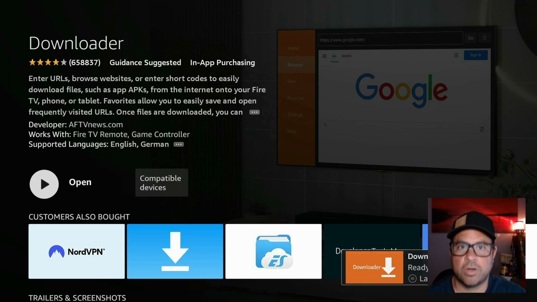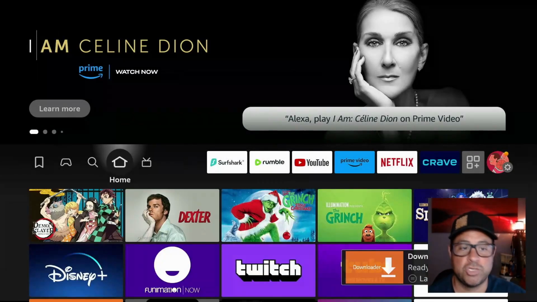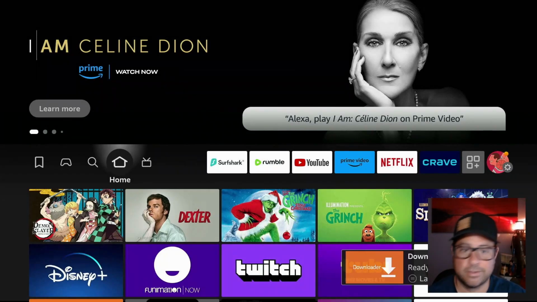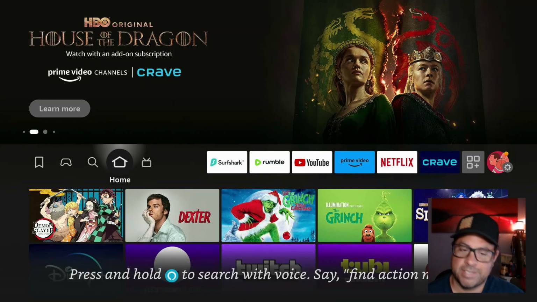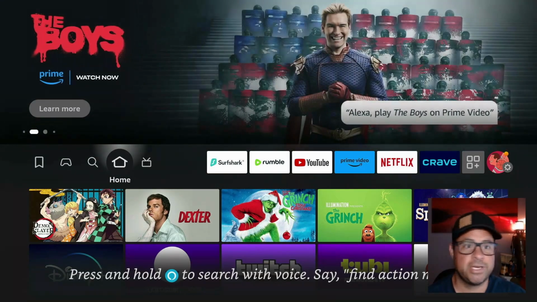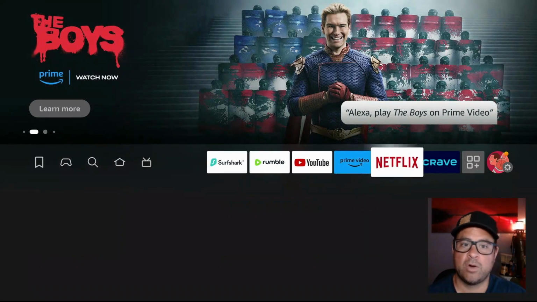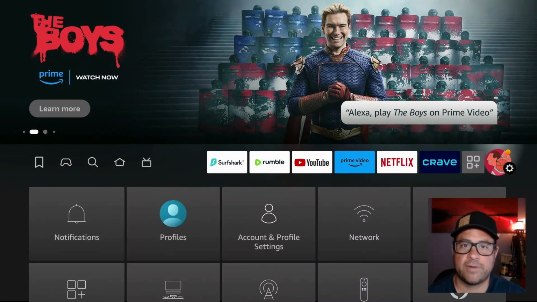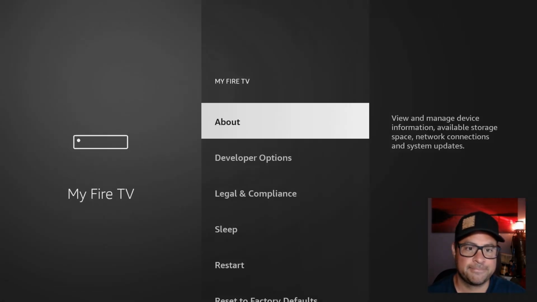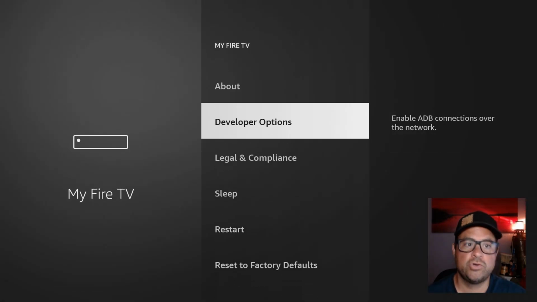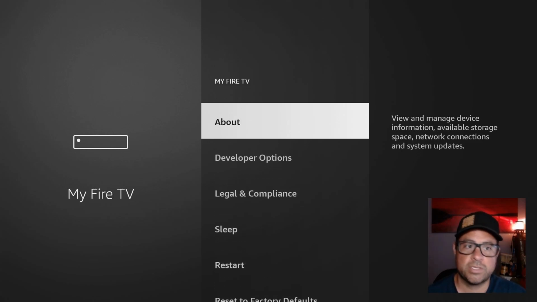Once it's installed, do not open it yet. Let's go to the home screen. We need to jailbreak our Amazon Fire TV stick, which is actually just enabling an option. So head over to the settings icon on the far right. Come down to My Fire TV. If you do not have developer options already listed, you can just go to the About right above it there,